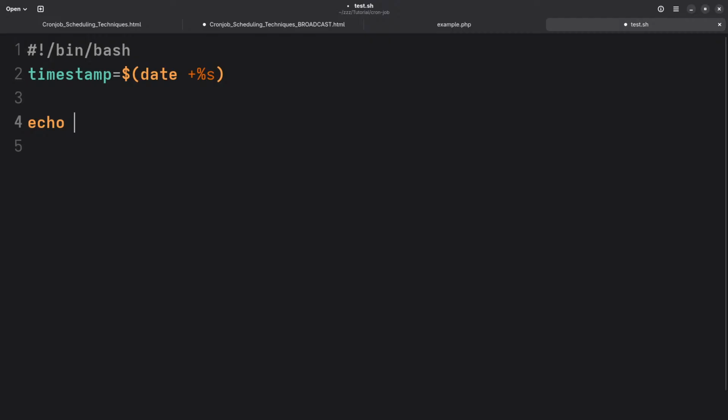I forgot to zoom in. So, /bin/bash. So what I'll do is I will simply create a timestamp. Okay, and I think I'll create a file here. So I'll just say echo hello,